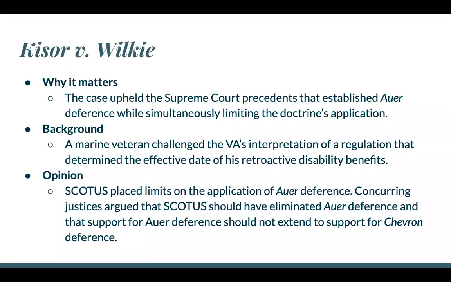First, Auer deference only applies when a regulation is truly ambiguous. Second, the agency's interpretation of a regulation must be an authoritative or official position of the agency. Third, Auer deference is only appropriate for regulatory matters that fall within an agency's expertise. And finally, the agency's interpretation must be a fair and considered judgment that does not create unfair surprise for those subject to the regulation. So the Supreme Court in Kisor unanimously vacated and remanded the judgment of the Federal Circuit